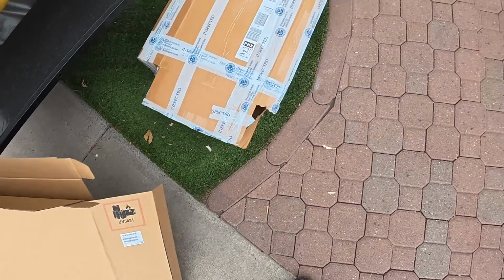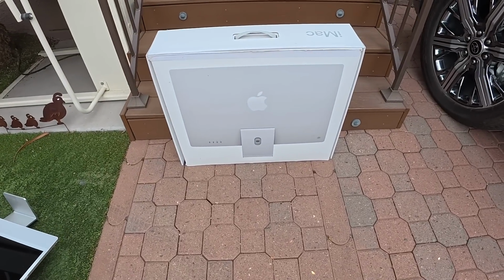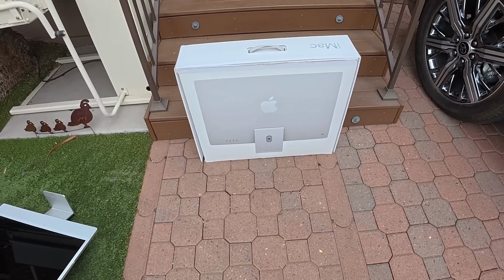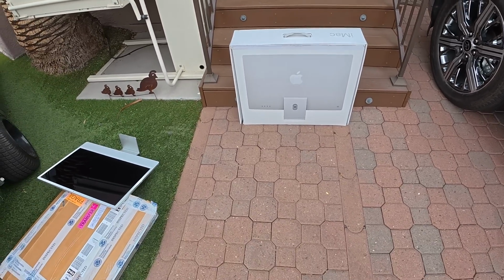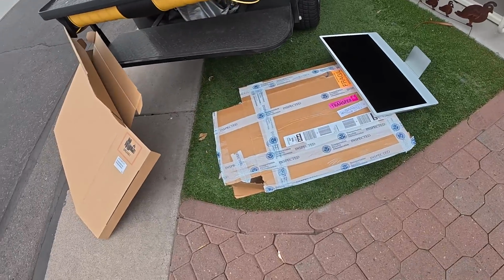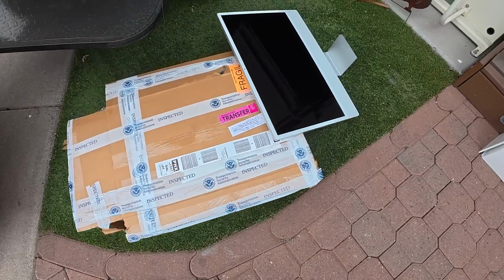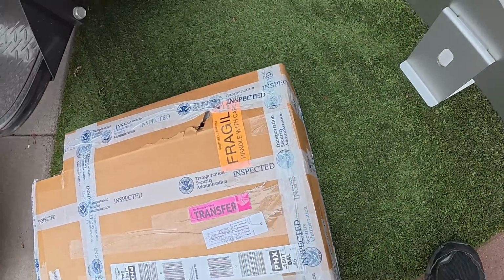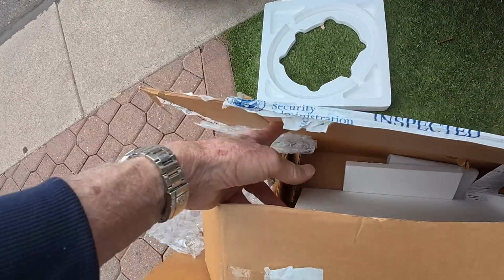I mean, Apple had some of these old boxes, but they won't give them away. They won't sell them because they said there's a serial number on them, and the serial number is serialized to your computer. For some reason, they won't let you have it, won't sell it to you. So I had this box made up. And inside, you're going to see that what we have is some old, just various